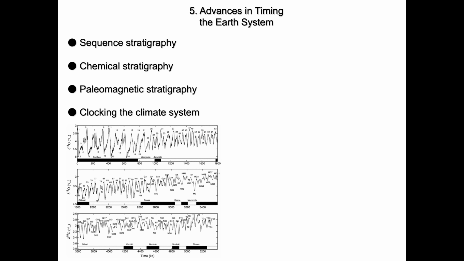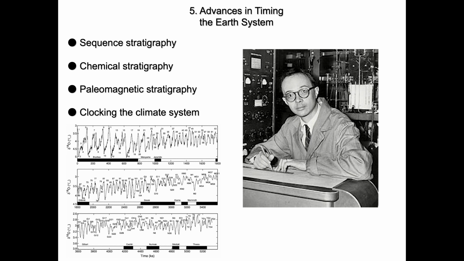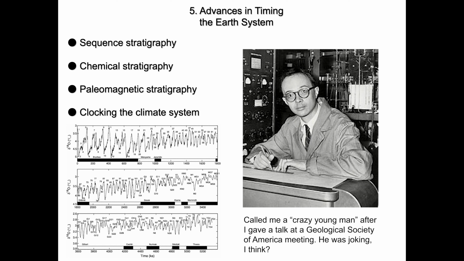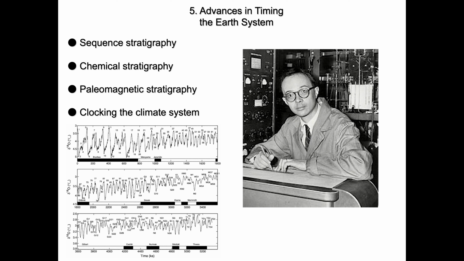This means ice ages, for example. Up until the 1950s, we thought there were 4 ice ages. Cesare Emiliani came along, at the University of Chicago, as a graduate student. He looked at the oxygen isotope record of deep sea sediment and determined there were probably more likely 20 glacial periods, and subsequently it was determined they were about 100,000 years apart. This means that every 100,000 years we go into a glacial episode.